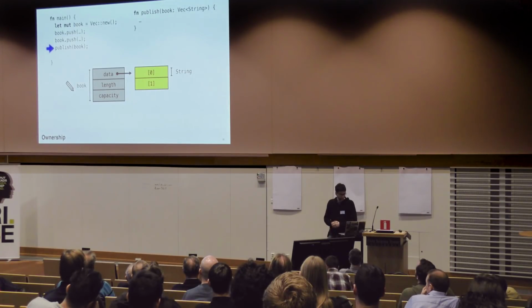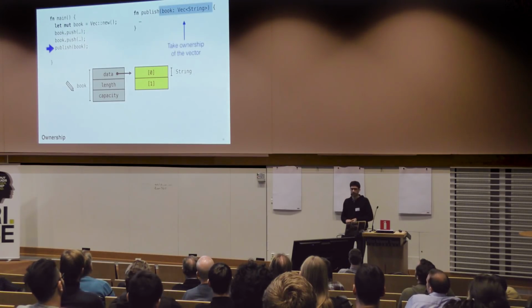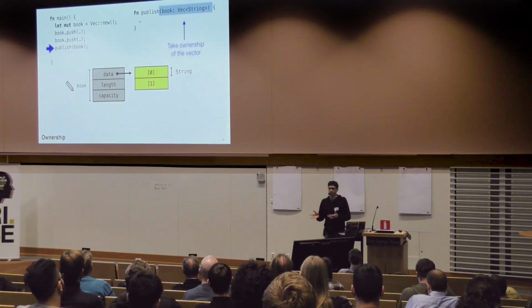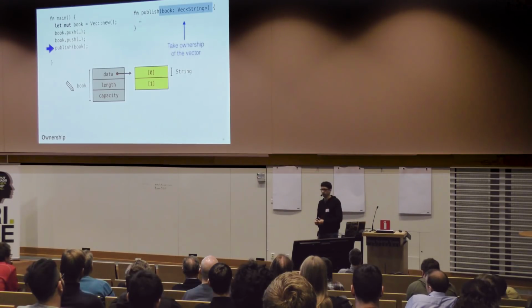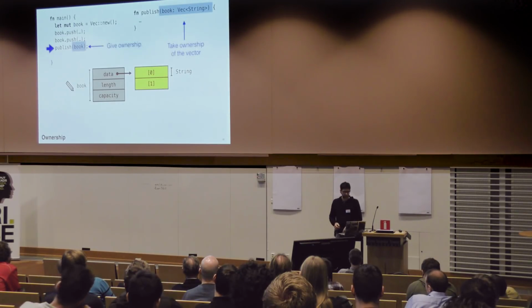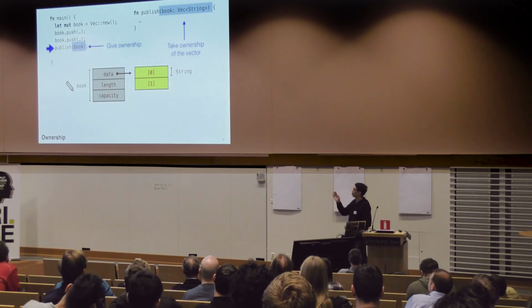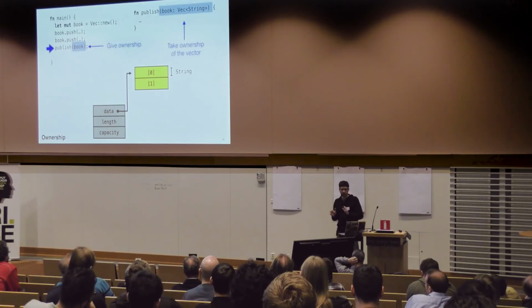OK. So next thing I'm going to do is call this publish function. And this is where things start to be a little more different than what you might expect. Because publish takes as its argument a Vec of String, right? And what that means in Rust is that publish takes ownership of a vector of strings. So just like when I gave the book to my friend, when I give the book to publish, it's no longer mine anymore. So what's going to happen at runtime, when we do this function call and we give ownership of the book away, we're going to copy over the fields that were on the stack into the callee's stack frame. And then we're just going to kind of forget about our own copy as if we don't have it.